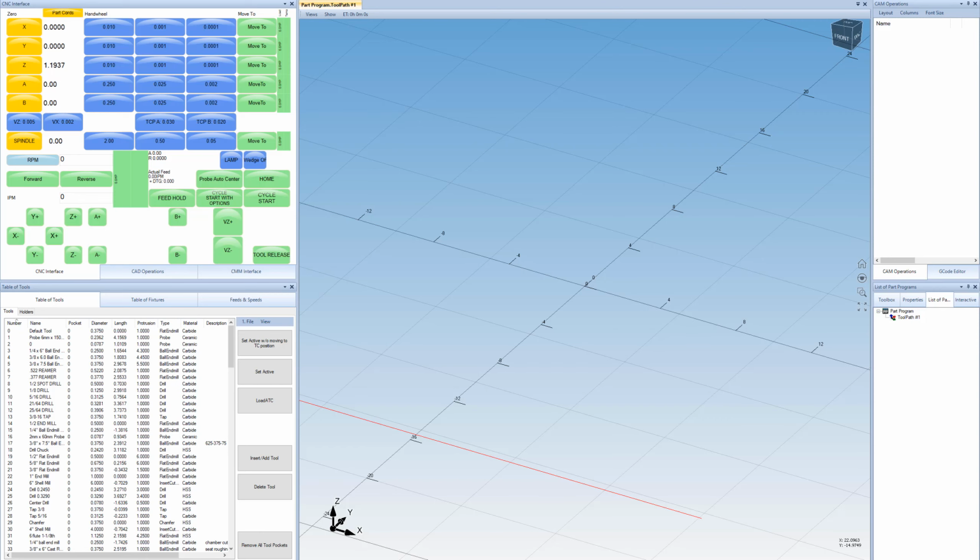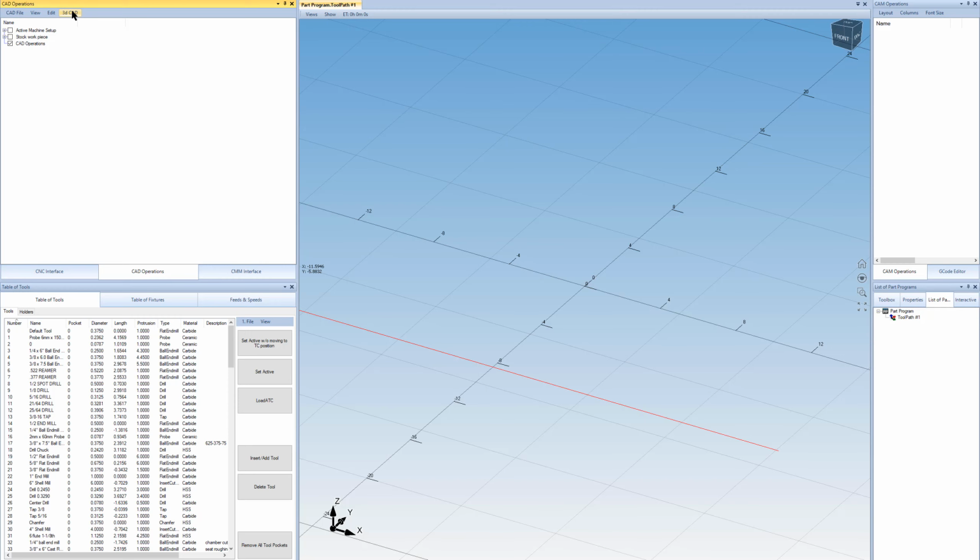In this video, I'm going to show how to program and cut a pocket with an island in the middle, and we're going to avoid cutting the island that's in the middle. Okay, so the first thing we'll do is come over here to our CAD operations and go to New Sketch,